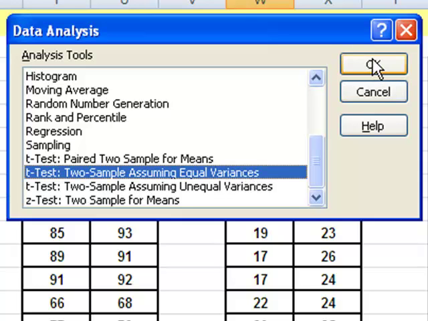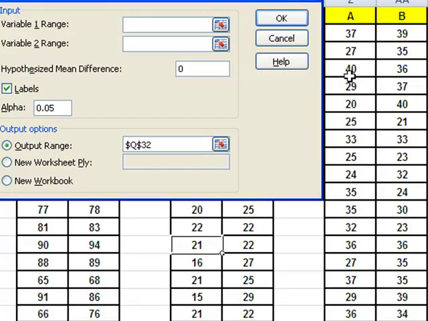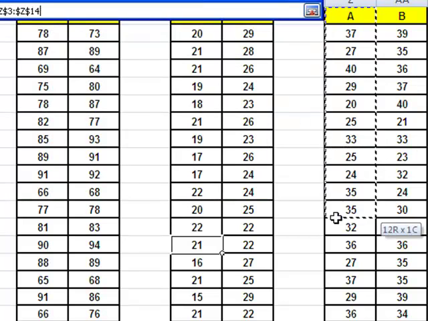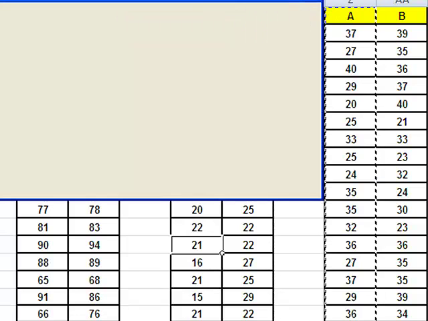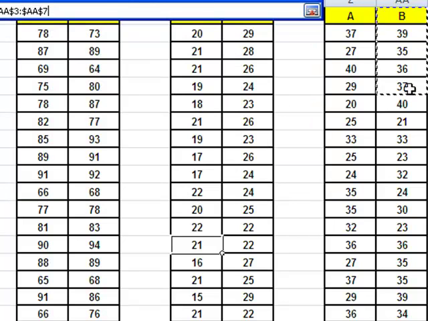So I click on OK, and I'm brought to the box where I input the variable 1 range, and that's going to be car A, and I'm going to use the labels. So I start in here in Z3, click, hold, and drag down over the data for car A till I have it all highlighted, release, and then I'm brought to the box where it says variable 2 range. So again, I'm going to use the label, so I click on the B, click and hold and drag down